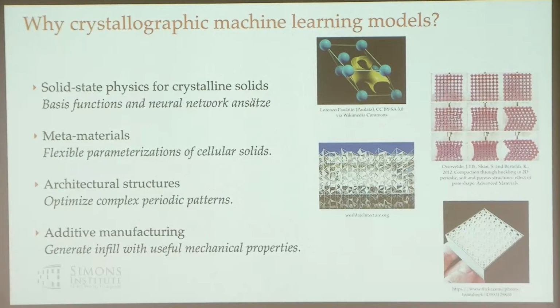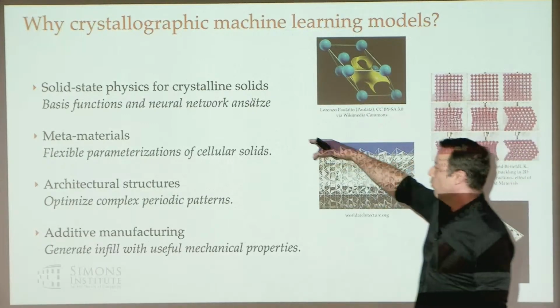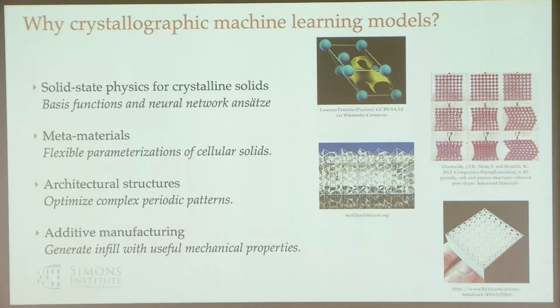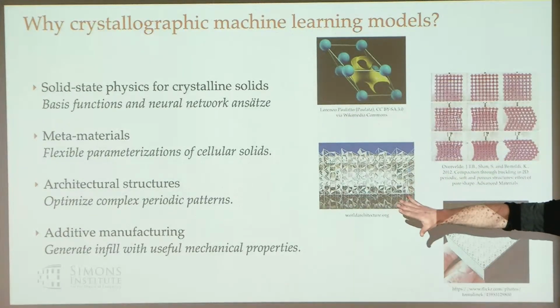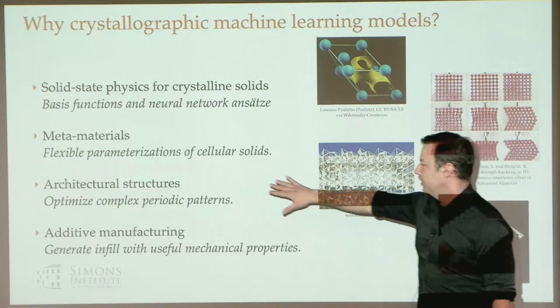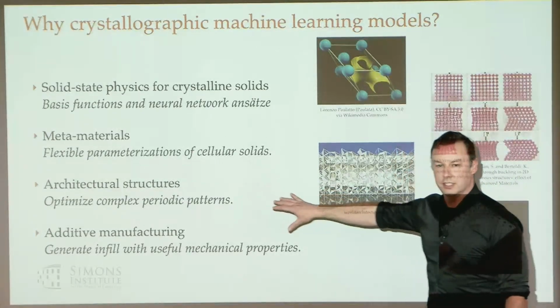I've been excited about mechanical metamaterials, for example, for a while, and I view them as kind of interesting mechanical analogs to neural nets. These massively parametric, flexible structures, and it's natural to think about periodicity in the representation and parameterization of those things. Of course, we also like to think about this kind of periodicity at larger scales for things